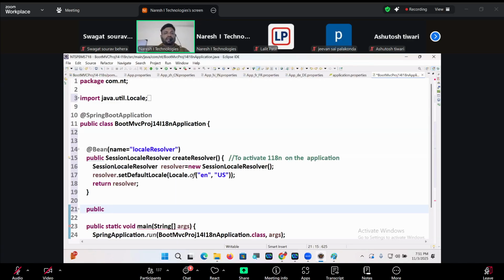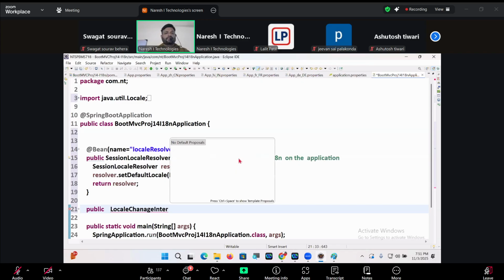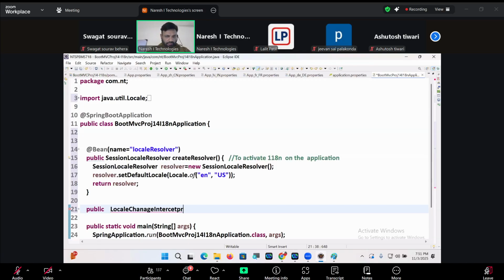Okay, LocaleChangeInterceptor. Create LCI, it can be anything.